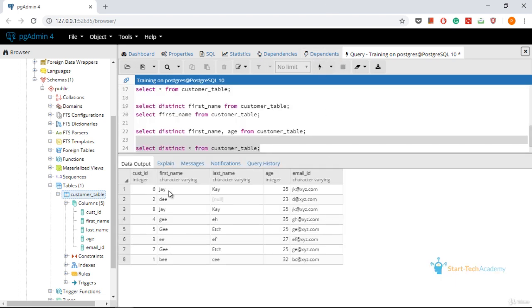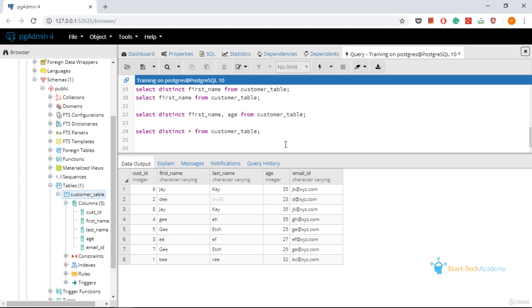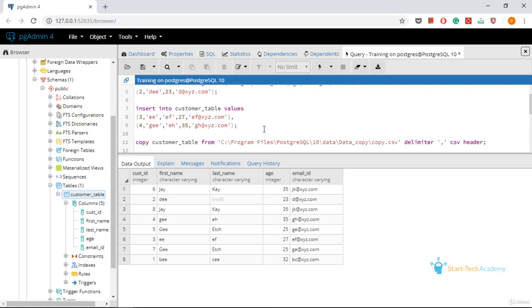You can see the 5th and 7th record have all the values same except the customer ID. Due to this mismatch of customer ID, select distinct was not able to remove this duplicate value. It removes only exact duplicate rows. So let us see, by adding an exact duplicate row, we will rerun the copy statement from above.